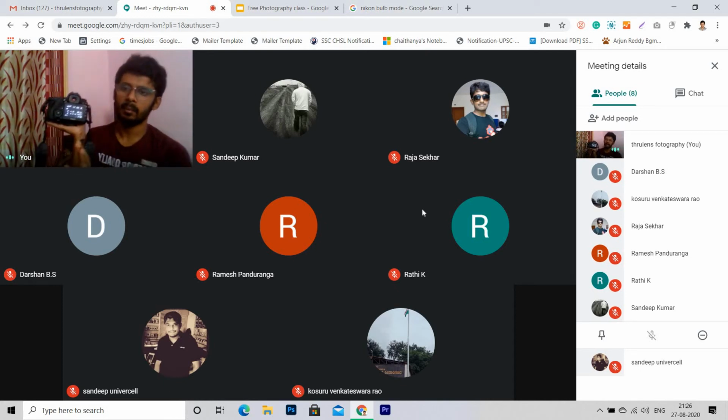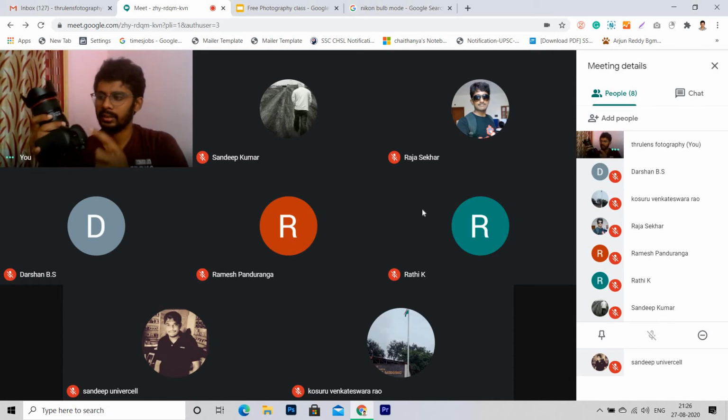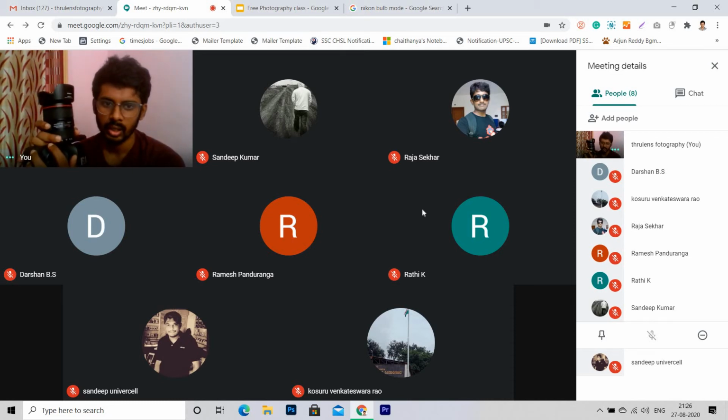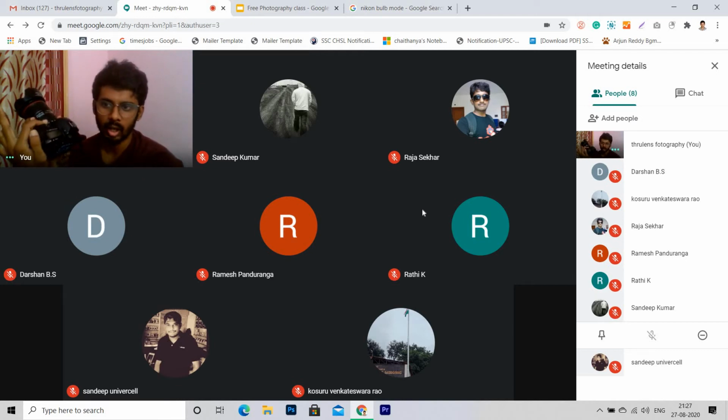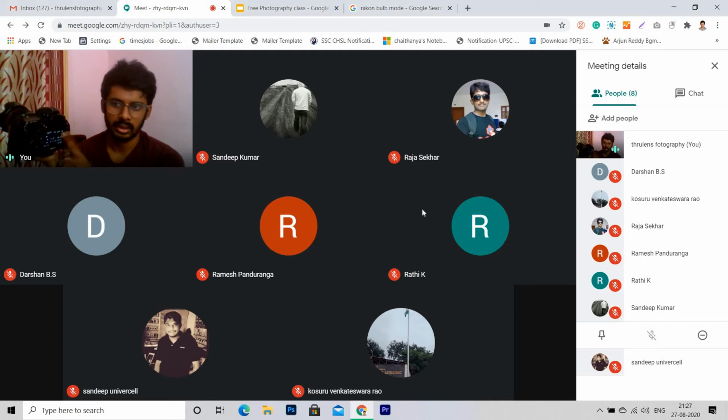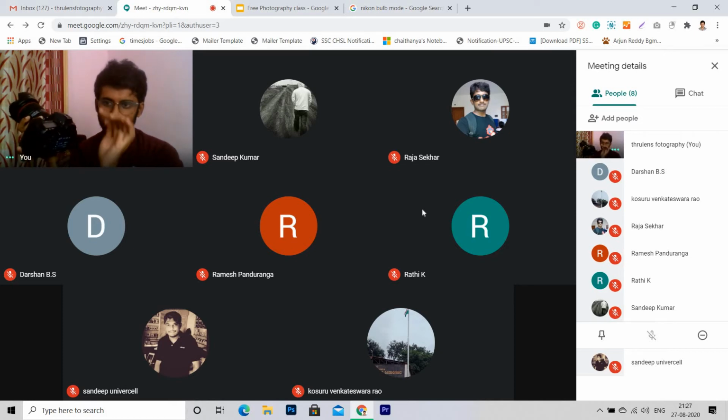See, bulb mode, basically this shutter button is there, right? So the shutter is purely manual. How much time you want to hold, that much. If you quickly click, it will be that quick. But no one will use bulb mode for that quick, fast shot.